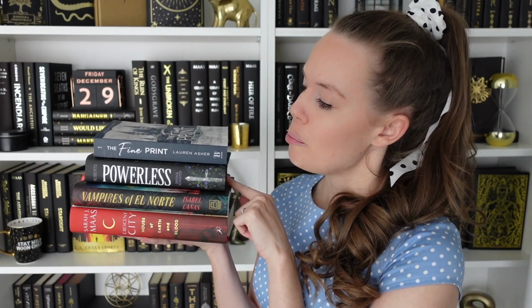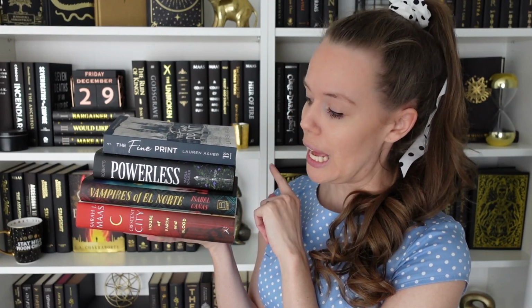But let's chat about how I did with the books that were on my TBR for January. So I had 5 books on my TBR for the month of January. One of them I did not own, and that was Glint, which was a wormhole pick, which I did read. We have The Fine Print, which was a spinner wheel free pick, I believe, which I did read. Powerless, which was for a hardcover, which I read. Vampires of El Norte, which was for a book with an animal on the cover, also read that one. And Crescent City, House of Earth and Blood, which was an author with 3 names, Sarah J. Maas, which I am about halfway through at this point of filming,